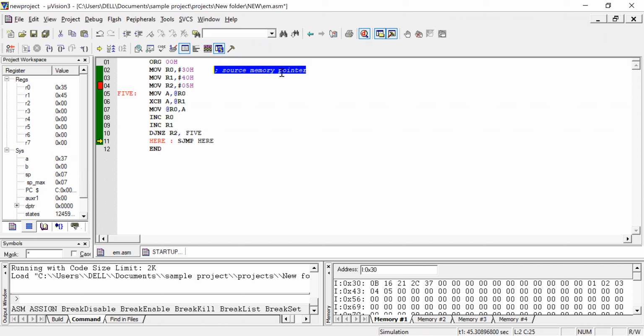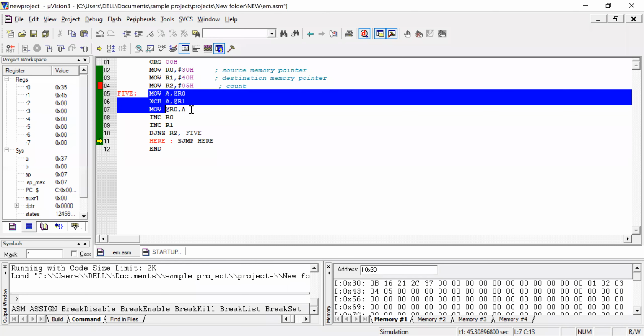In a similar way, we have 40H, which is going to be the destination pointer. And this is for counting how many data you want to exchange. It is like a count.